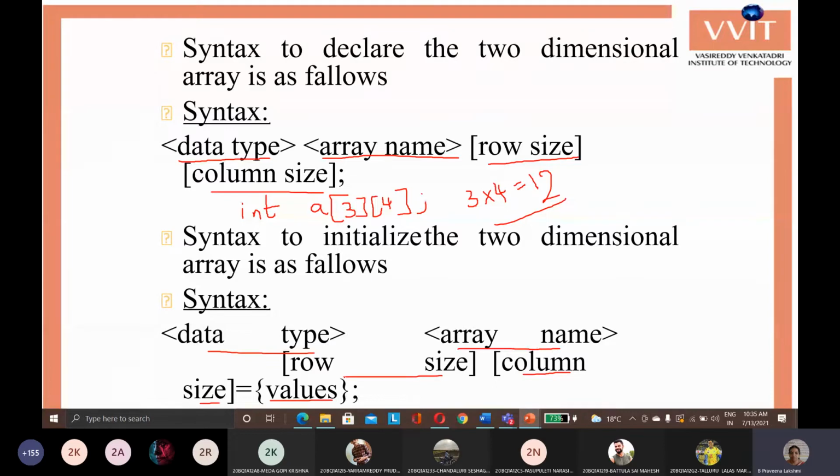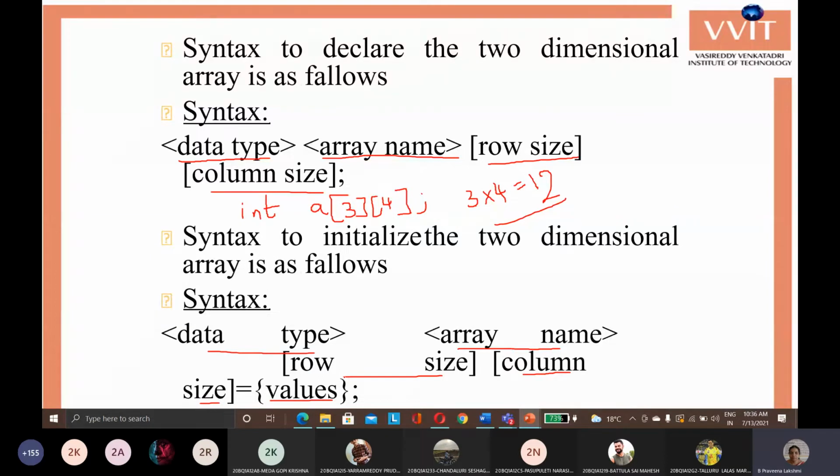You must give the column size, but you can leave the row size, because it has to know how many elements are in each row.